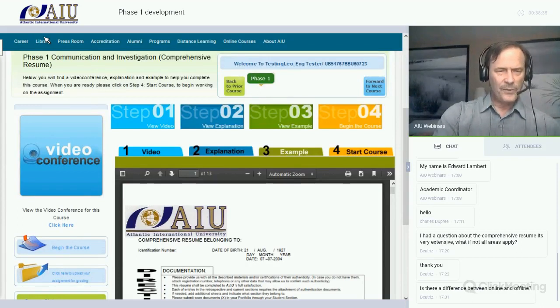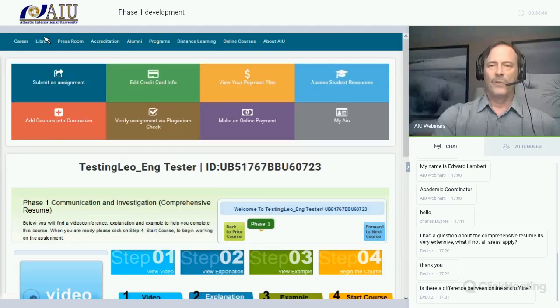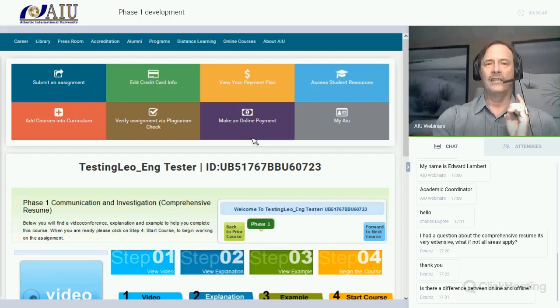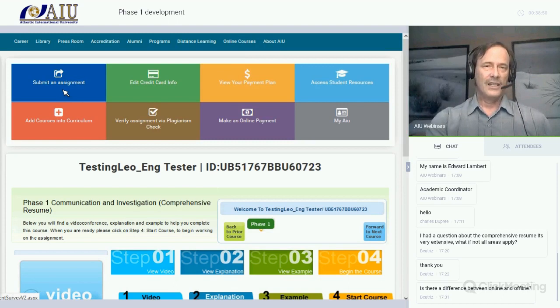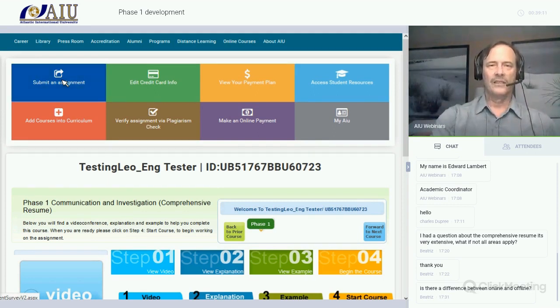Beatrice asks, is there a difference between online and offline? Yes. What you're seeing here, the step 1, step 2, step 3, step 4, that's online, submitting a course online. If you want to submit a course offline, you come up here, see the submit an assignment dark blue box where it says submit an assignment? I don't know if you can see my mouse hand underneath, but the submit an assignment box, I'm going to click on this dark blue submit an assignment box. If you look up to the left, click on there,